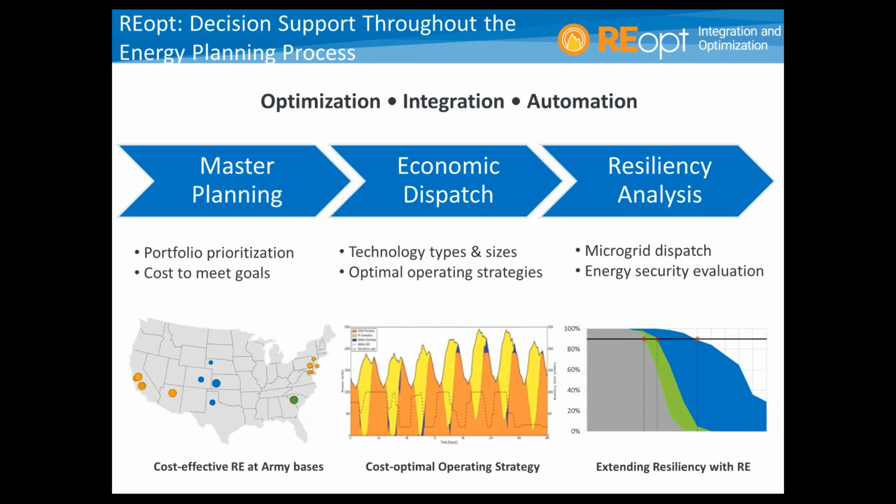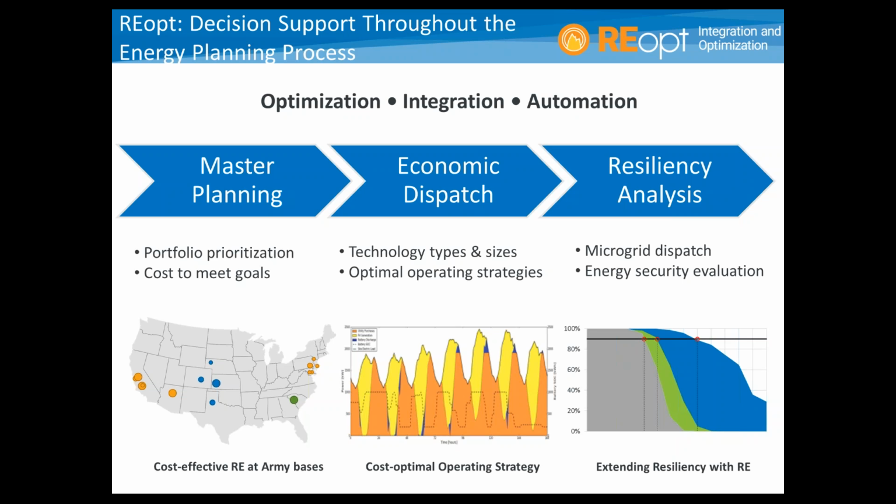So REopt is used to provide decision support analysis throughout the energy planning process, which is shown here on this slide, from agency-level macro planning all the way through project development and then microgrid or resiliency analyses. And so you can see on this slide here on the left, we often start at this master planning phase, and this is typically an agency or a company will come to us that has hundreds or thousands of sites